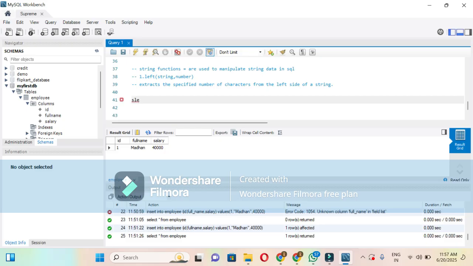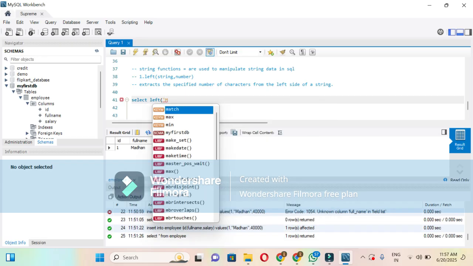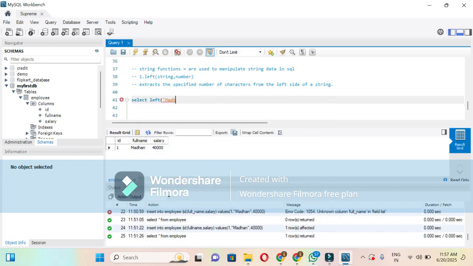Select, writing the select left, which string do I need to add? Is the string is mother string. Now specify the number of characters which I want from left side of the string. 6. The output will be